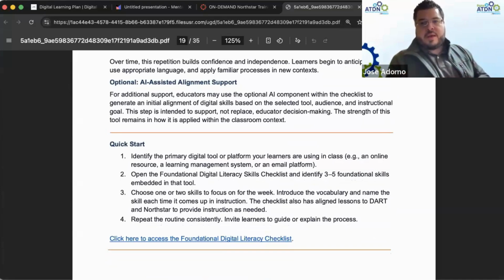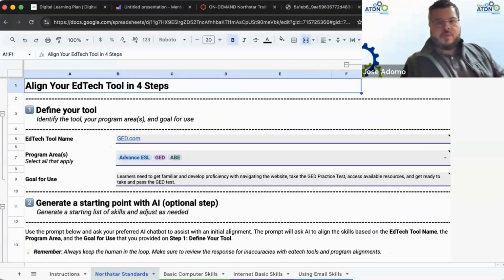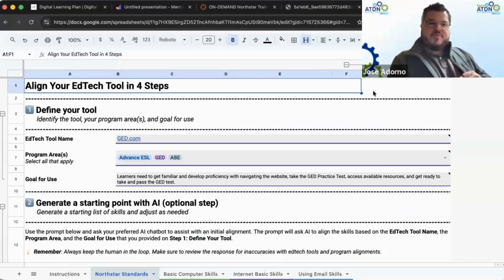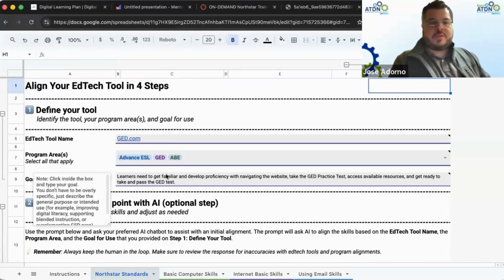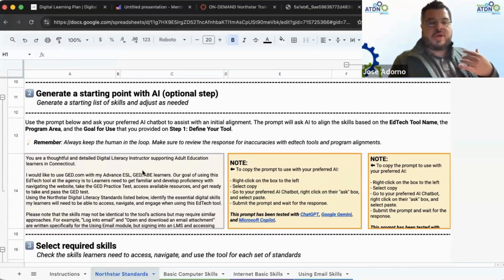This first one, not many people have seen it yet. We're getting some feedback from some of the digital navigators on this one. This one is for if you're using technology, but you don't have a specific curriculum that you're using in the classroom. Basically, you answer these first three questions, and then you could generate an AI prompt response using this here,